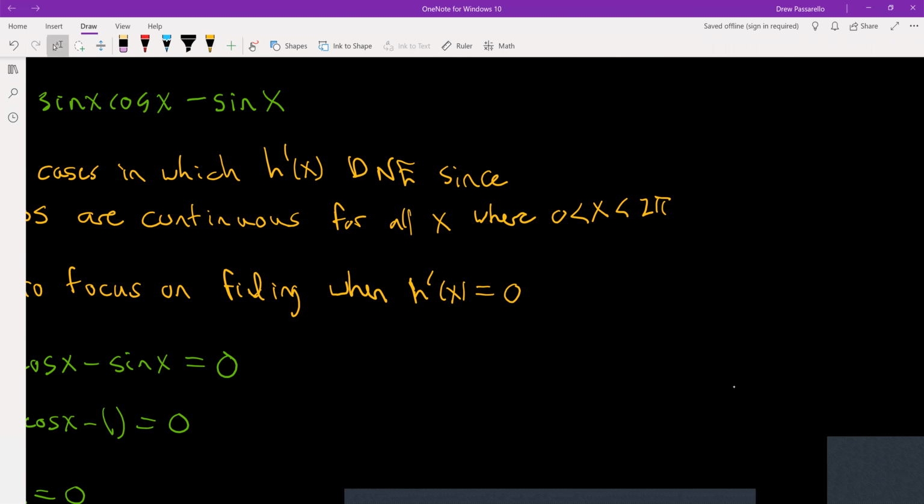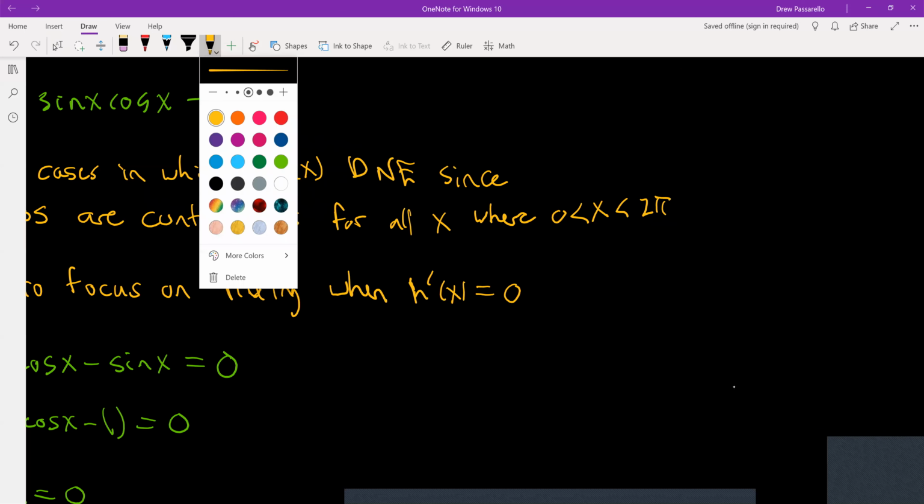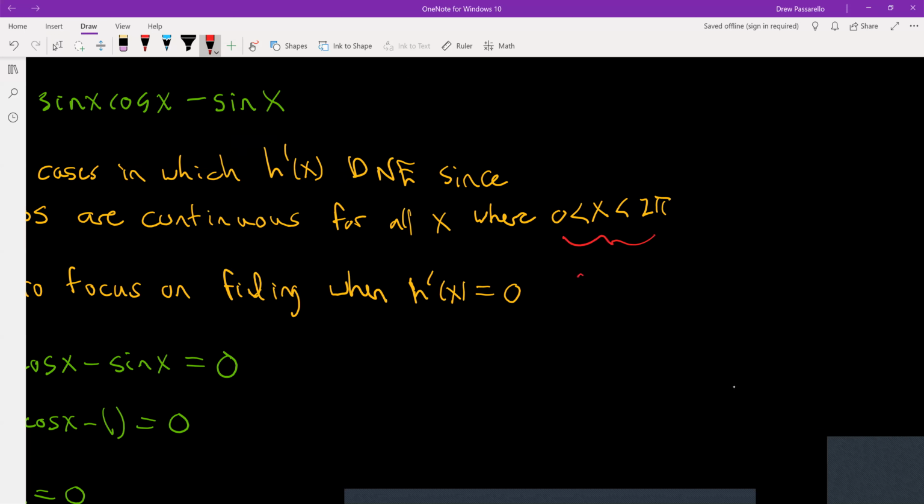We're not including 0 and 2 pi. So if they had 0 less than or equal to x, less than or equal to 2 pi, then we might consider it, but we still wouldn't,